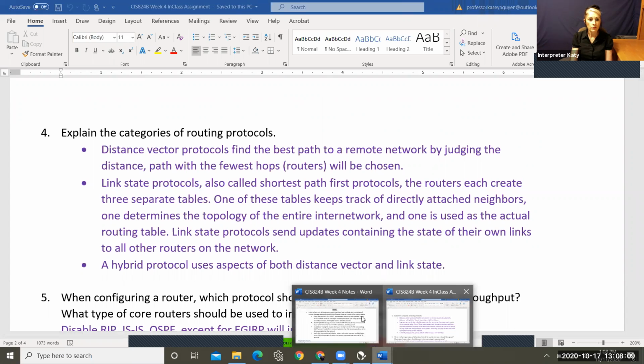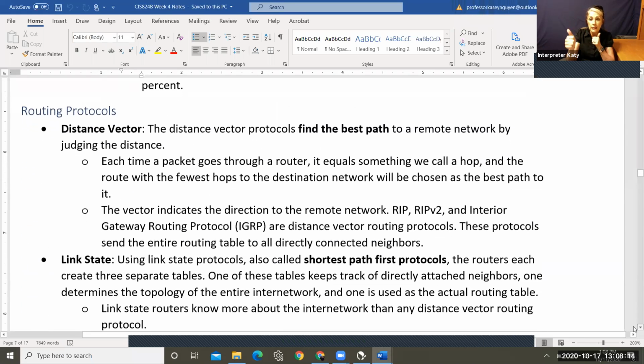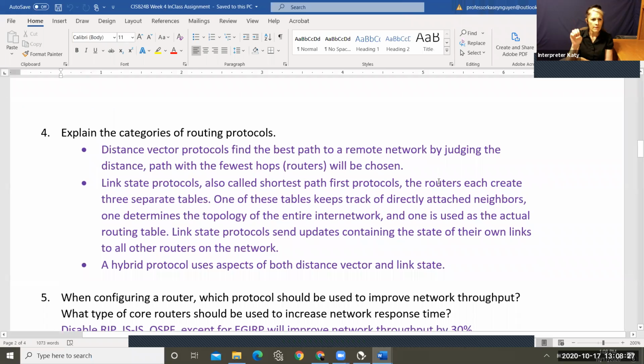Before I go into this, let me point you to the section that talks about distance vector. For the next question, you can go to page 7, which is question 4. It asks you about distance vector. In the protocols, we break it into multiple categories. The first one is called distance vector protocol. It would find the path that is best for the surrounding network based on the distance,